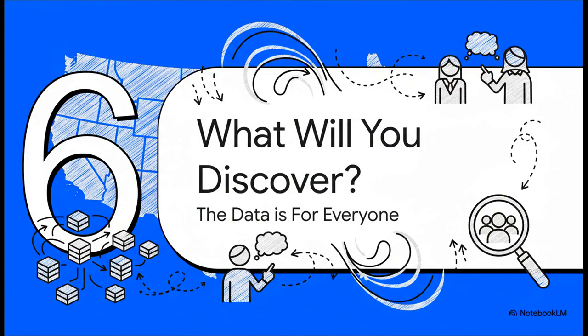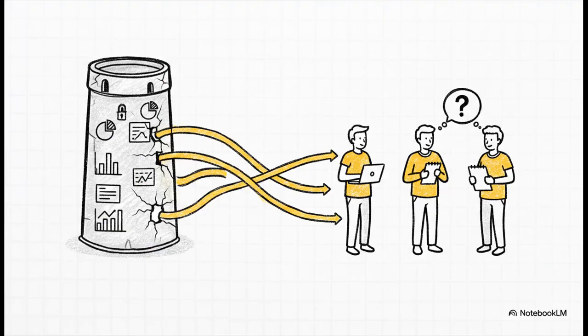So let's bring it all home. We've seen that the data is finally out there and that it reveals these deep, profound differences between the states. So, what does this all mean for you? Here's the most important thing to take away from all of this. This information is not locked away in some ivory tower anymore. This data revolution has made it available to everyone. It doesn't matter if you're a student, a journalist, or just someone who's curious and wants to understand your own state a little better. These tools are for you.